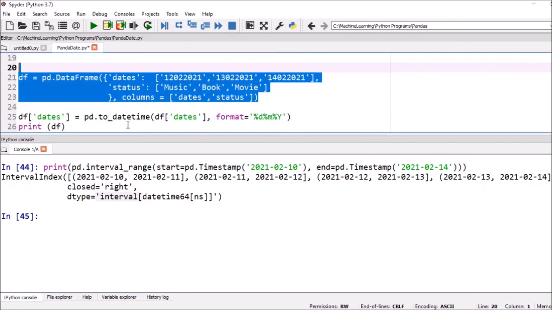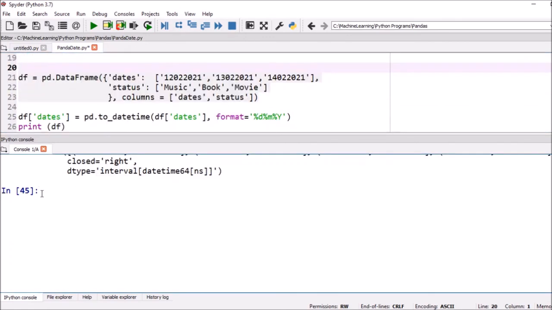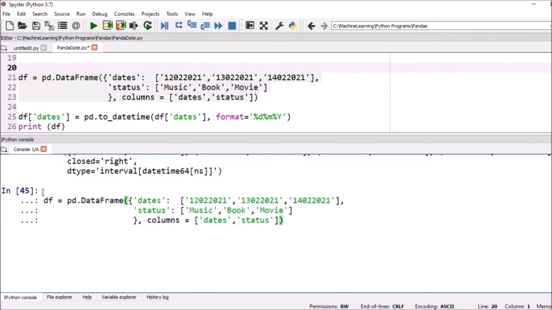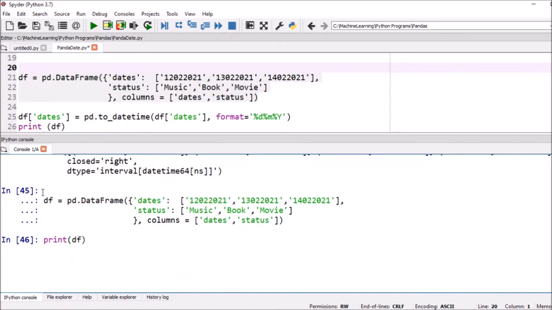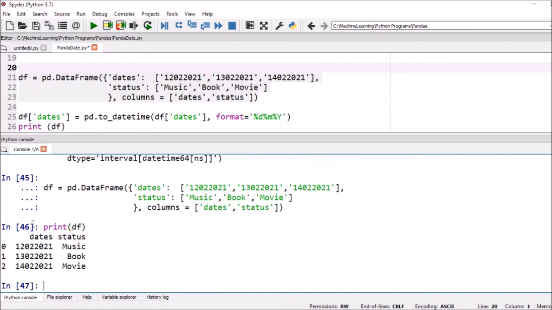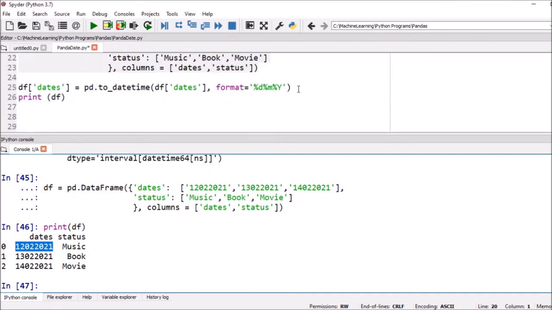First of all, you just check this, create this particular data frame, and see the output. Print df. So dates and status are there. Okay, now first we have to convert this into dates and time. So we have to execute this one.